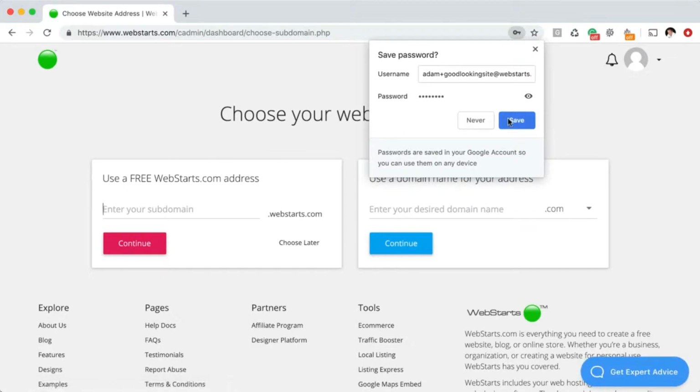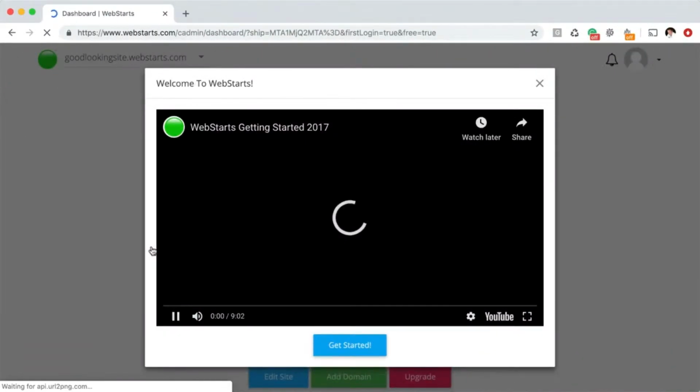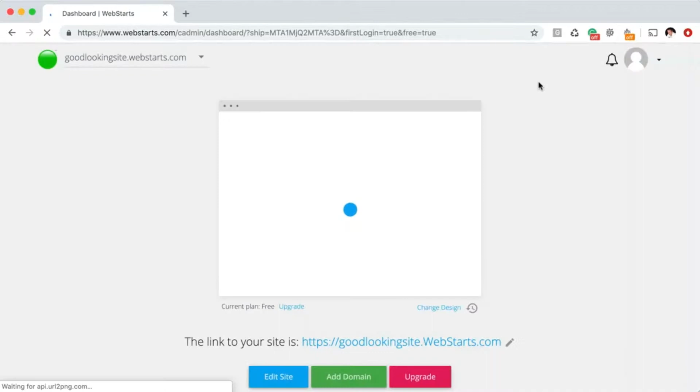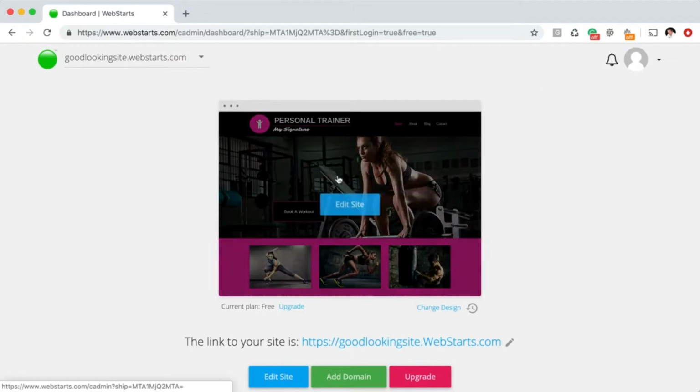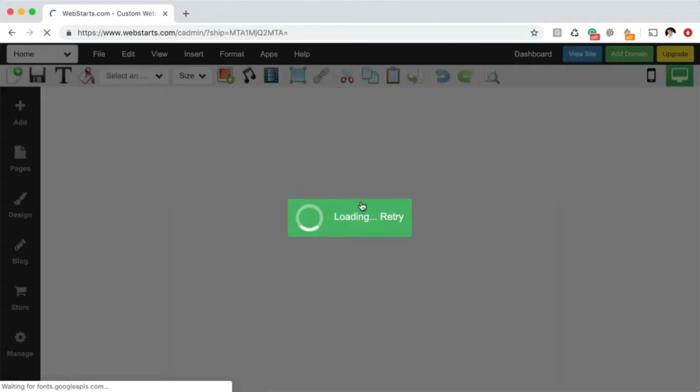Now it's time to choose a subdomain name for my website. I'm just going to say goodlookingsite.webstarts.com and click continue. Let's close out the getting started video, and then let's take a look at our website. You'll see the thumbnail for the website. I want to edit it, so I'm just going to click on Edit Site, and that loads up the WebStarts